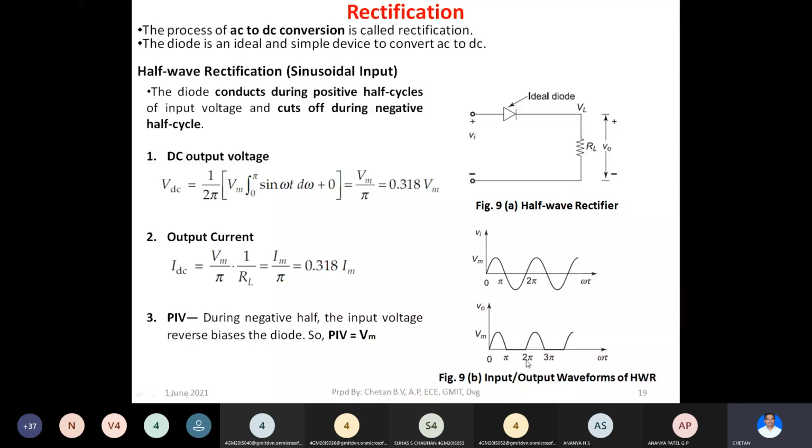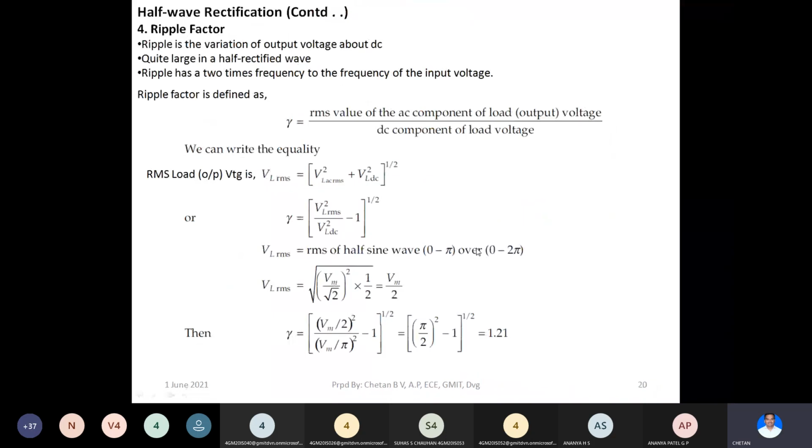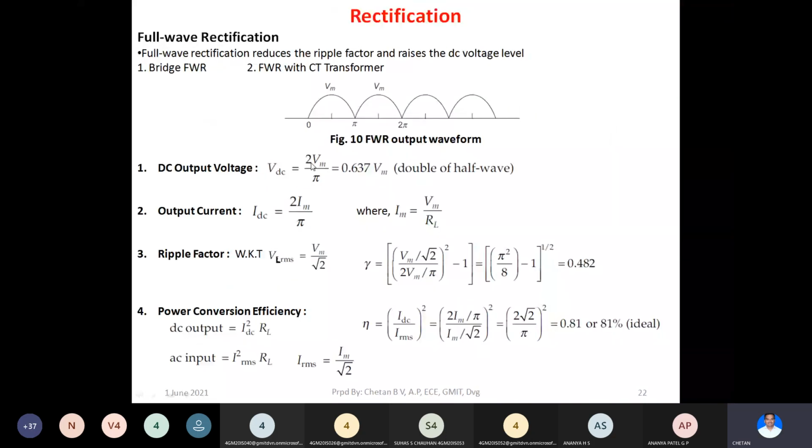You performed integration of V naught, which is Vm sin omega t. But in case of full wave rectifier, you have both half cycles. Therefore, in integration, you have two parts. One is integration from 0 to pi of sin omega t, and the second one would be integration from pi to 2 pi, again the same Vm sin omega t. So you will have two parts. Therefore, your VDC output will be around 2 times Vm by pi.